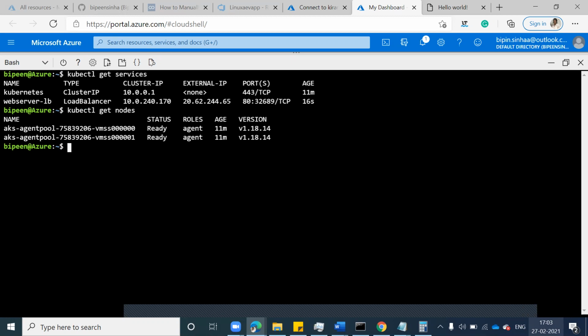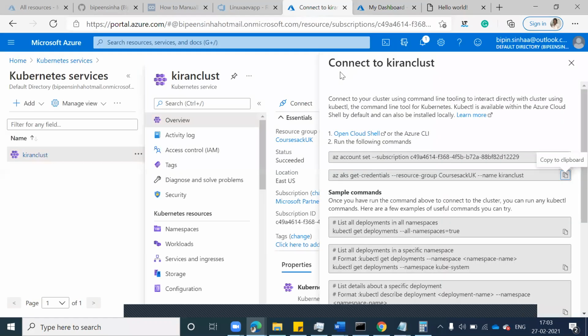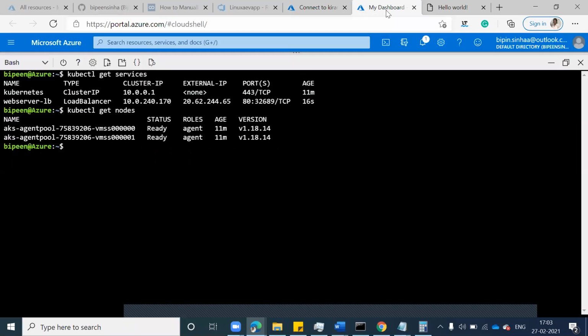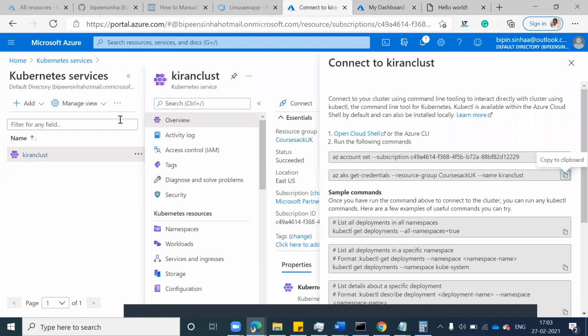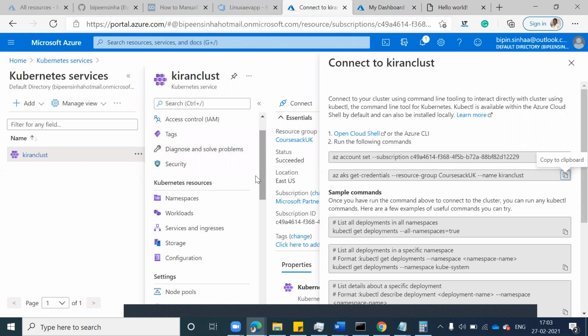Now let's say I want to increase the node size. Go back to the Azure portal and go to Kubernetes service. Scroll down till you get node pool.